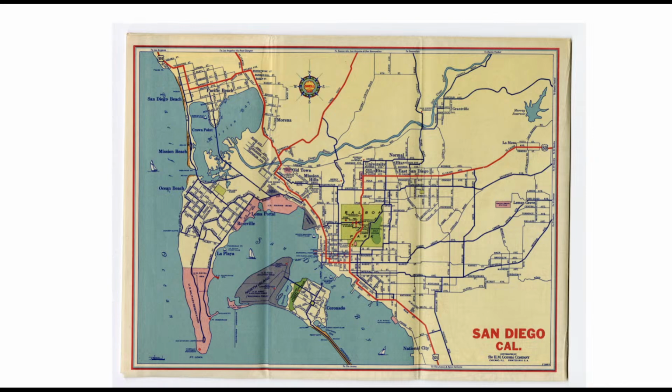And you see how the military had already gotten a huge presence: Fort Rosecrans, the whole point, the Marine base, the naval base, the destroyer base. North Island was actually divided between an Army aviation field on the south end and the Navy's aviation field at the north end. And the division continued until 1939